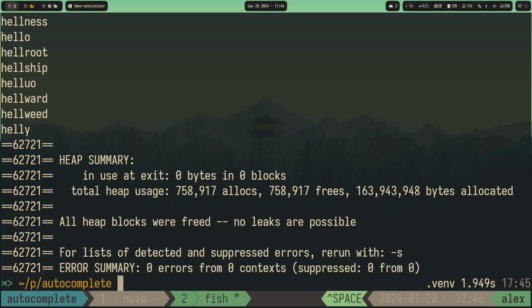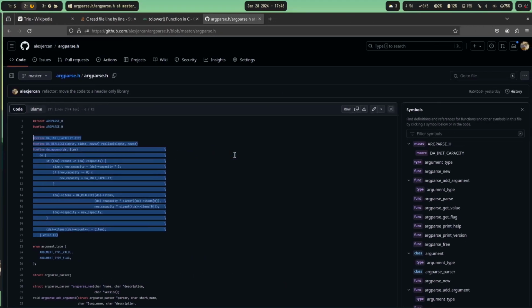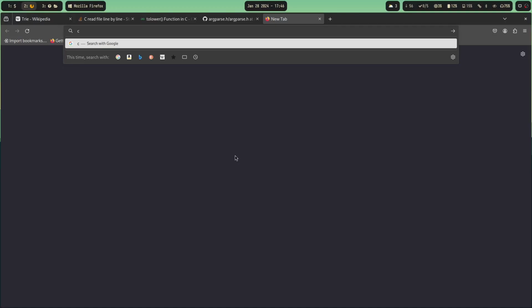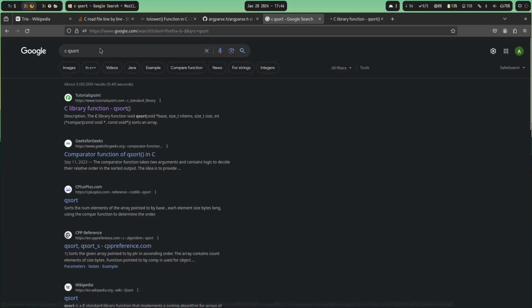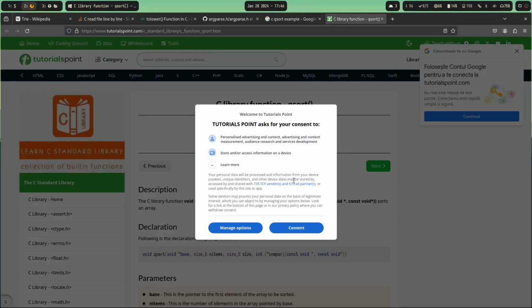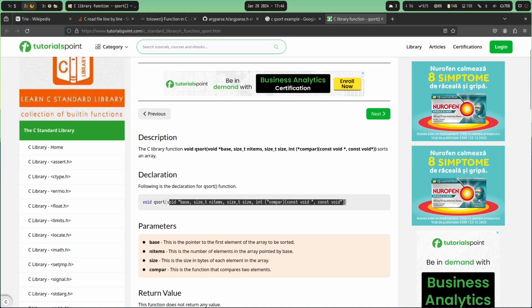I guess we can try to do that because in C we have qsort. Let's search for an example. And it's still this one. So we can try to sort